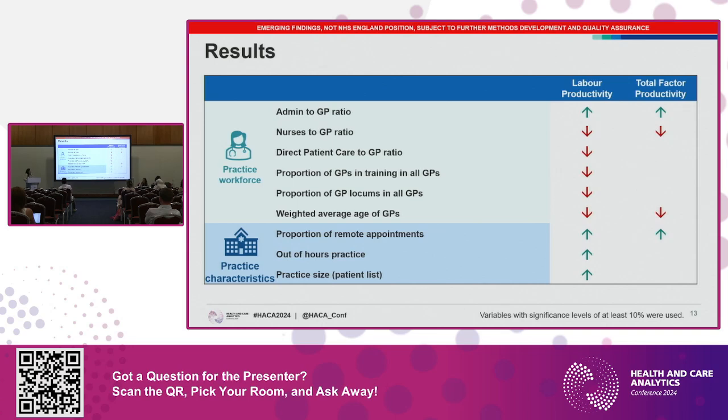And then direct patient care staff to GP ratio, we're just seeing that negative association for labour productivity. This is likely to be because GPAD isn't capturing all of the activity that we know this staff group is doing. So we're probably not seeing the full outputs of that staff group. Then we've got proportion of GPs in training, also showing a negative effect with labour productivity. GPs in training will need time for training. They will maybe take longer on appointments,